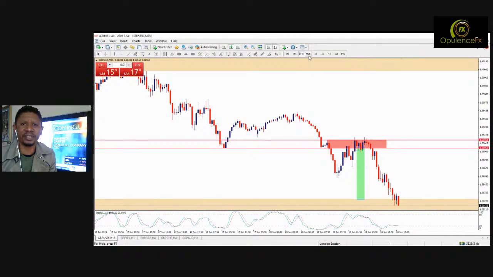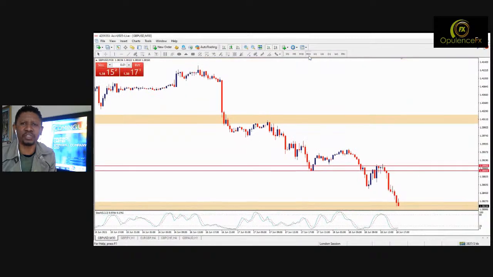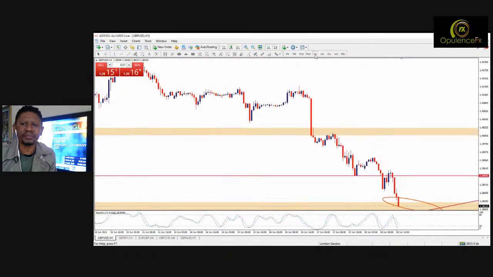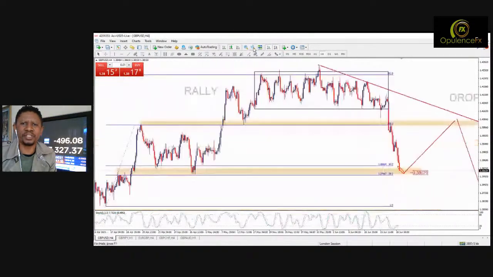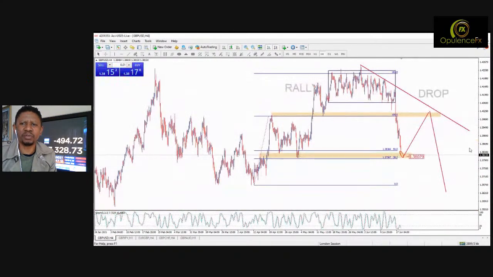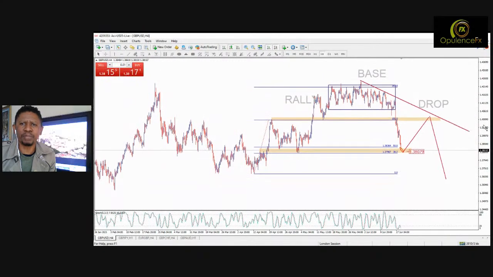Now we are entering the New York session. Not a good time to be trying to buy, I must warn you. Again, we're going to be looking for price action. Some of us are looking for a buy in there. We spoke about the GBP/USD, that it is on some form of rally-based drop. There it is. That's what we spoke about. Could this be the reversal? We have got to wait for price action for those who are buying.